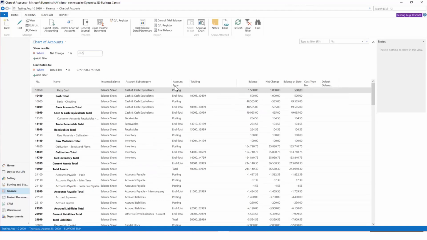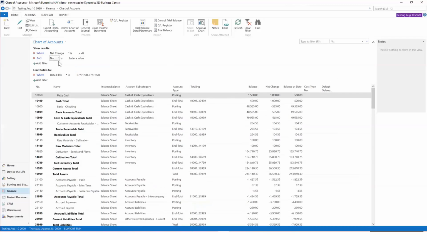Right here, my account types are posting and in totaling, and I want to remove the in totaling because this is involved in other totals that have to do with right here. This would be all the accounts above to this point. This here, if you notice, these do match, but because we put filters on them, the balance here does not. We're missing some because I did the filter here not equal to 0, and there could be some in there. So I'm going to put another filter on,